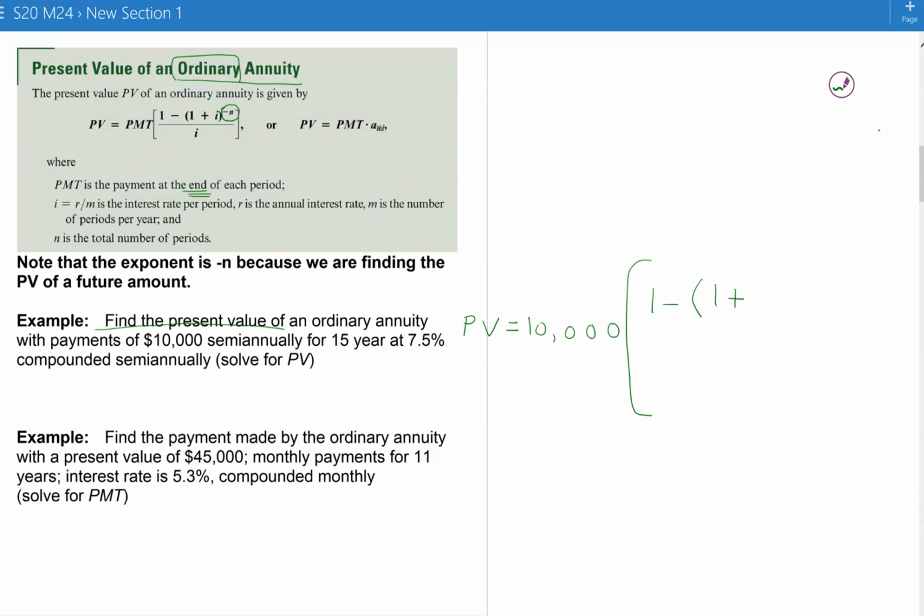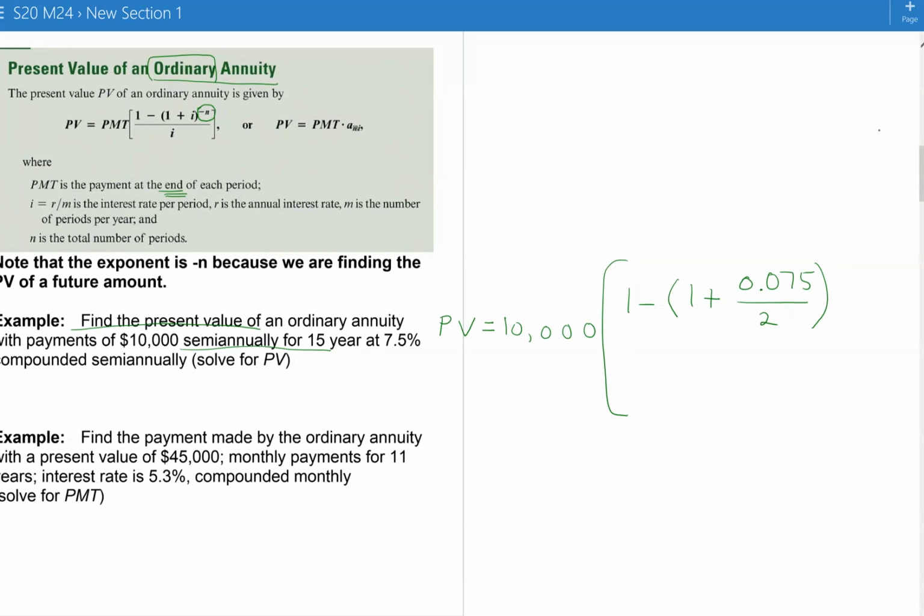So I still have in parentheses a 1 plus the i. We need to write that as a decimal, so it's going to be 0.075, and then semi-annually, so divided by 2. Then there's a total of 30 times you compound, so negative 30 is going to be the exponent. And then always dividing by the same i as you had in the numerator. So when you do this,